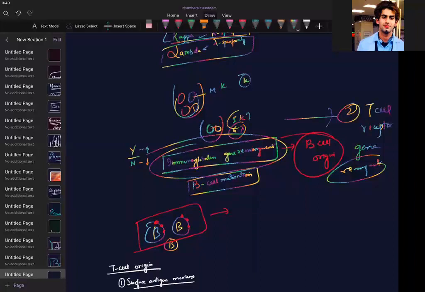So B cell in your hand, and I give you a bowl and I see everyone having kappa. What clonality will you say? Beautiful answer. If I say it is having a lambda chain specificity, again monoclonality. I say 10 cells have lambda, 5 cells have kappa, that is polyclonality.